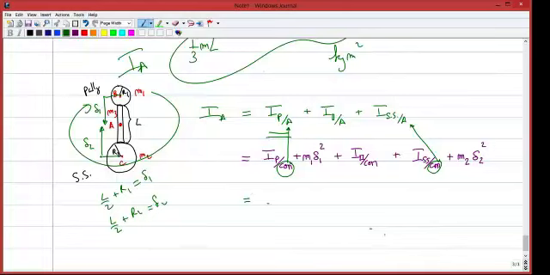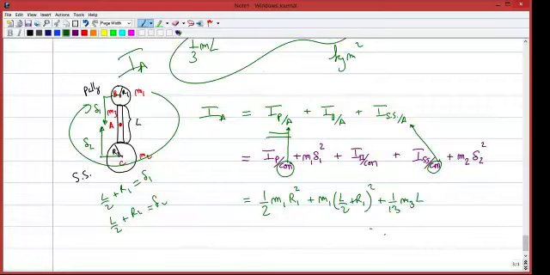When we have a pulley about the center of mass, it's a pulley, therefore 1/2 mass of the pulley, M1, radius of the pulley, R1 squared, plus mass of the pulley, and delta 1 is L over 2 plus R1. Everything is squared. Next term. We didn't have to use the parallel axis theorem because it was already at the center of mass. Therefore, it's 1/12